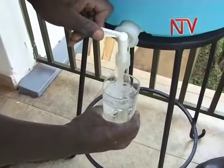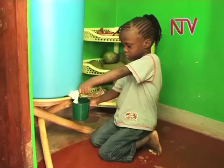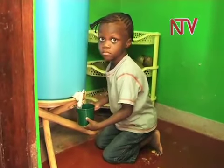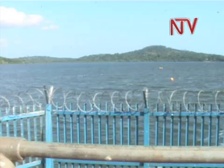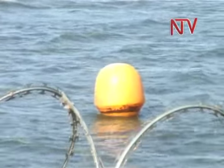Water often gets into many people's homes through the tap, and by taking one turn, it flows out to be used. But many people hardly know the process it takes to get this water here. Sometimes it flows out with a different color, yet water is expected to be colorless. So I decided to go to the source of the water to find out what it takes to get this